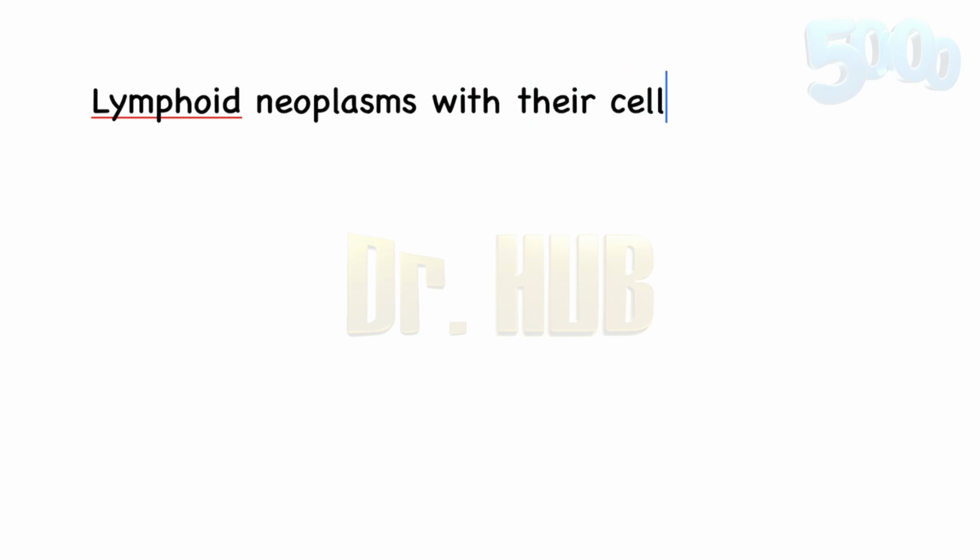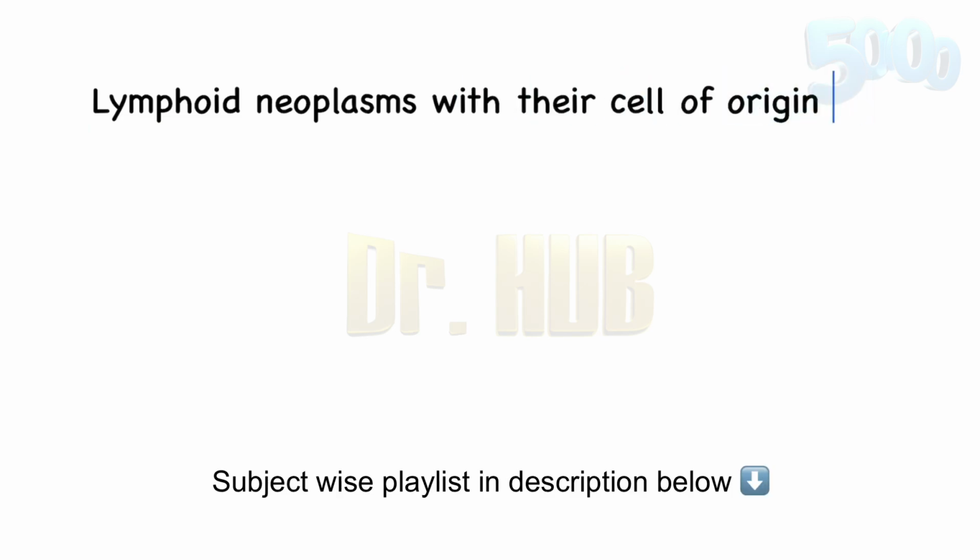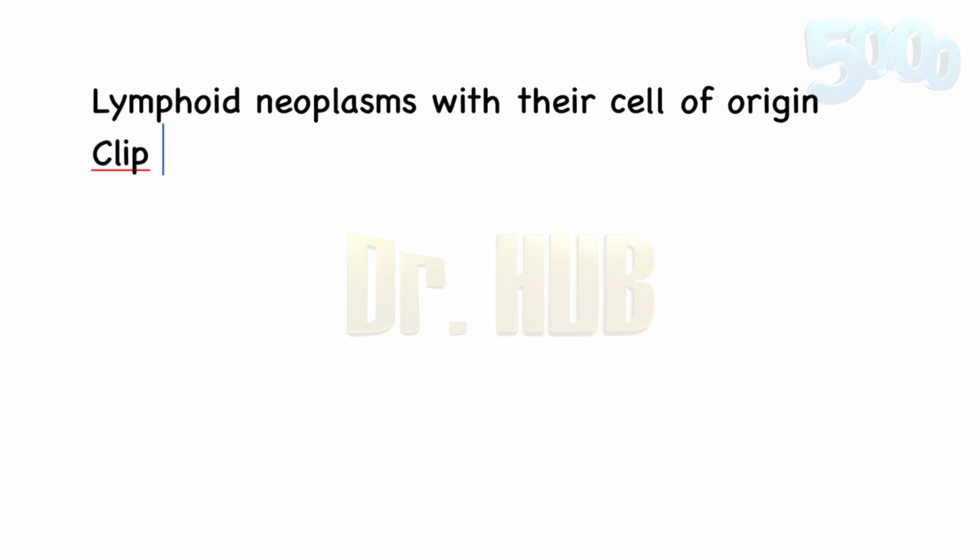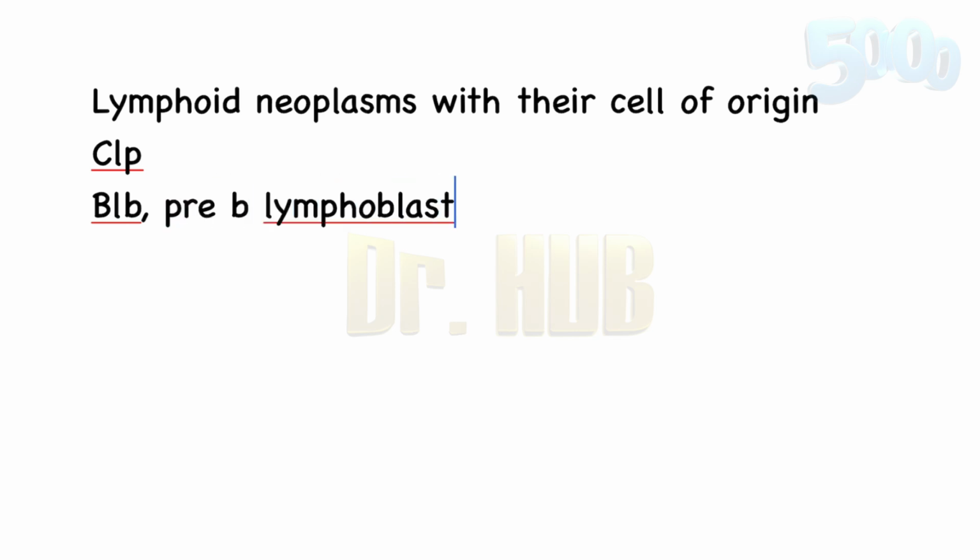Now let's focus on the lymphoid neoplasms with their cell of origin. So to begin with, there is the CLP. The CLP stands for the common lymphoid precursor. Then is the BLP. Then pre-B lymphoblast. Then DN, the CD4, CD8 double negative pro T cell, the DP, the CD4, CD8 double positive pre T